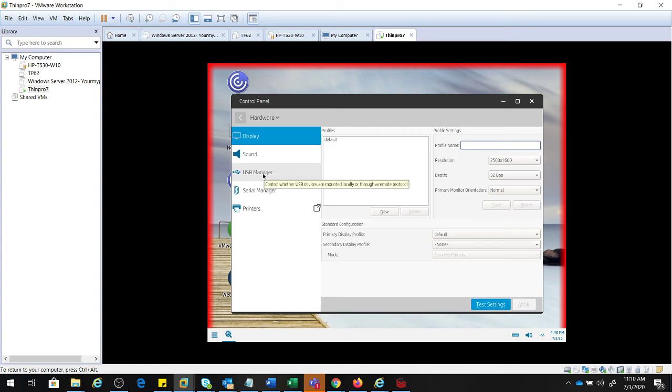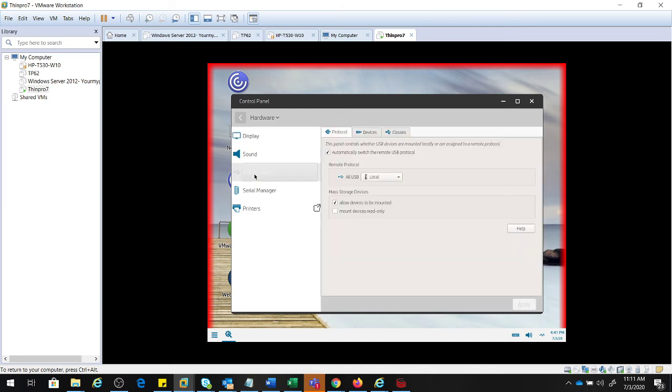Right, so next, how to connect a pen drive. To connect the pen drive and make some changes to detect it, you need to come to USB manager. Normally when you connect the pen drive to Thin Pro 7, it would get detected. For example, the pop-up which you're going to get right now. If you don't get the pop-up, then we will have to configure.